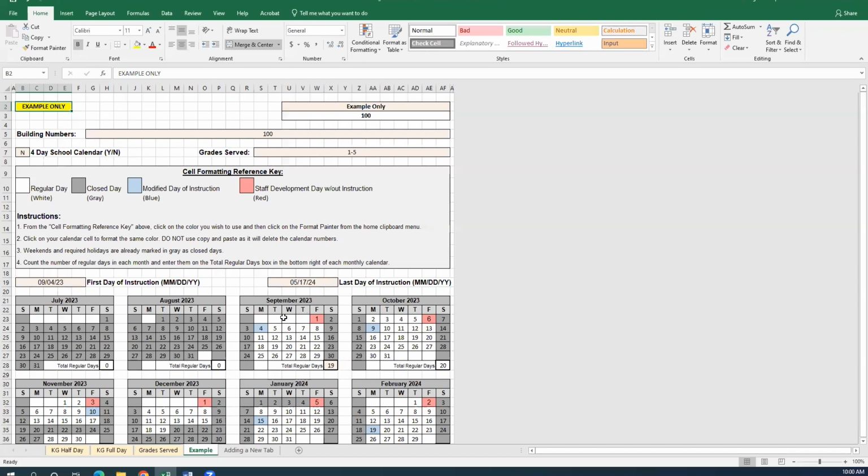Once you're saved and you're happy with your forms, you can submit them. When you submit, make sure that you're including your patron calendar. That's going to be your calendar that you typically would post to your website for your parents and students to look at throughout the year. Include both of those documents in your submission and you're good to go.